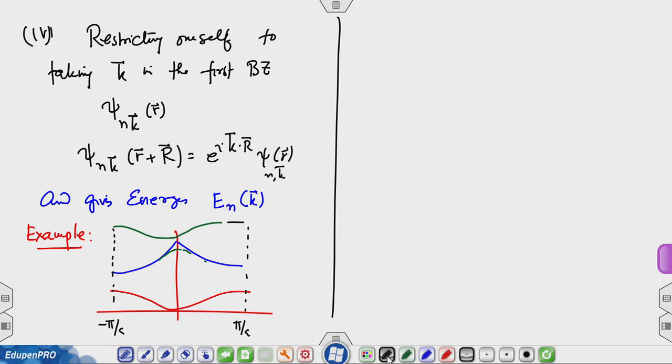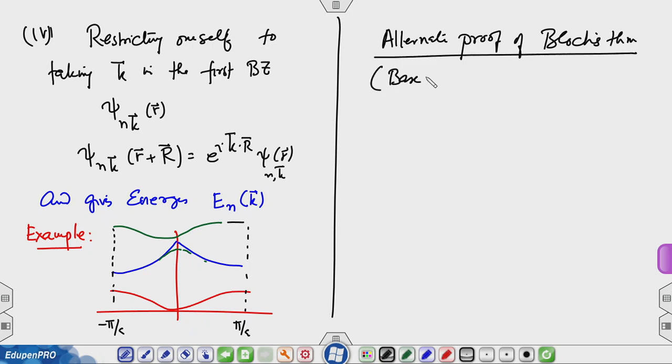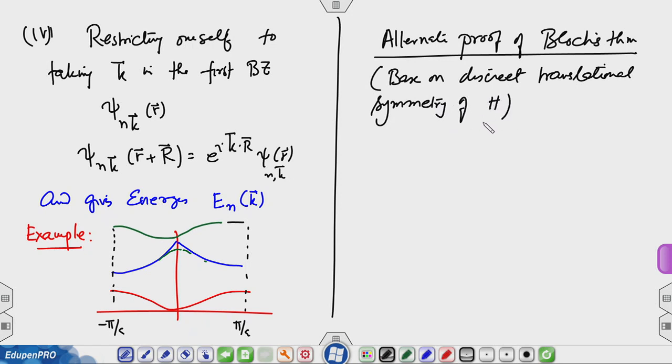Now, I am also going to give you an alternate proof of Bloch's theorem, and this will be based on the discrete translational symmetry of H. The Hamiltonian, which is minus h cross square over 2 m del square plus V r, where V r is periodic, remains the same